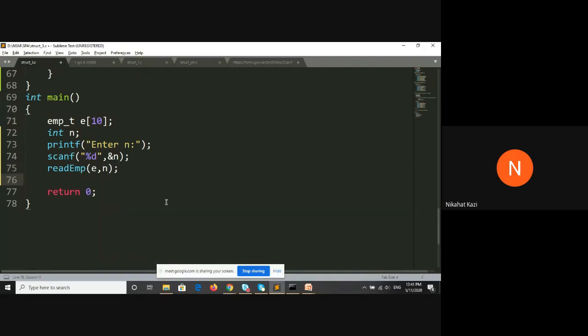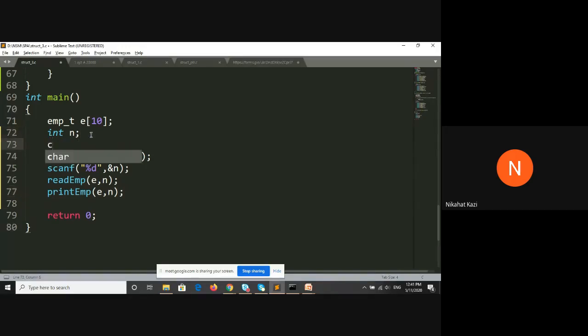I'll read n employees, then I will print all these n employees. And then I need to ask for a department. So I will create a department string variable here.